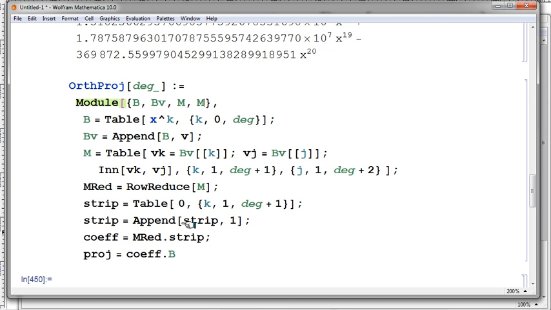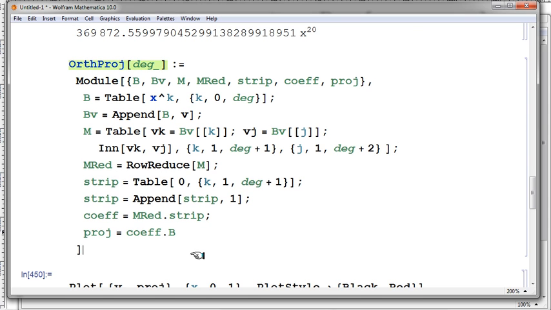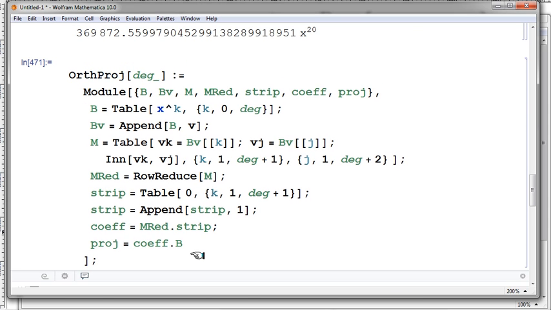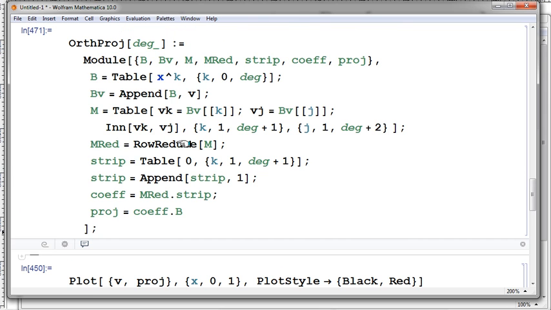I'm going to list them all. Right, so I list all these local variables, then they change the screen color, recognizing it's all done in here, and then you go to the end and close it like this and define. Now that's orthogonal projection. We know it's safe up to 20 with that precision level, so I'm going to experiment